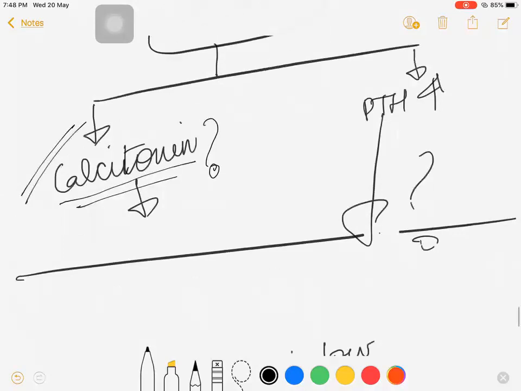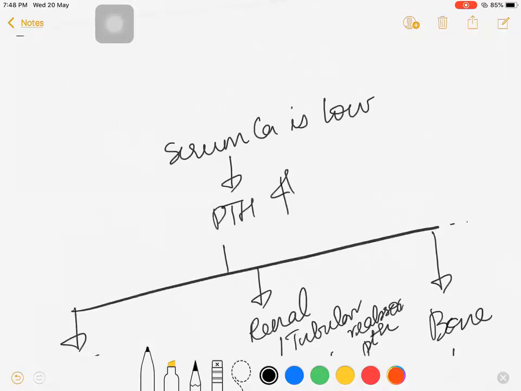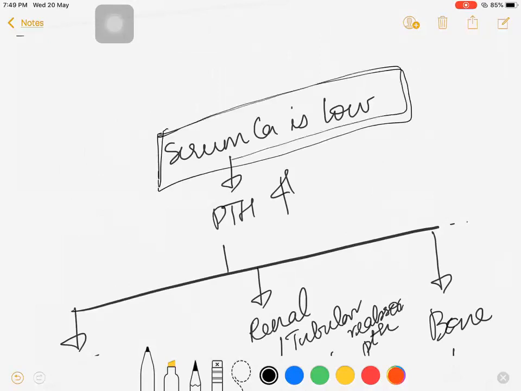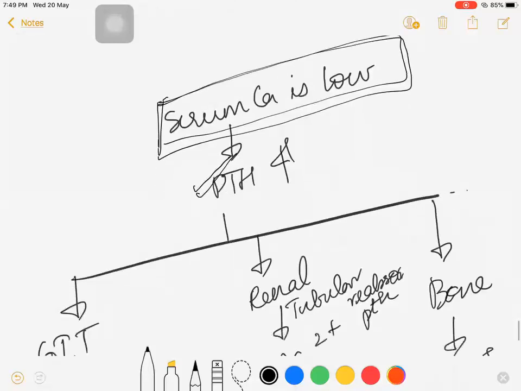Then you have parathormone and its functioning. What is happening in the body? The body is having less serum calcium; there is reduced serum calcium in the blood. The body has to do something, so it signals the parathyroid glands: it's your duty to maintain the serum calcium levels, please do something. So the parathyroid says, I can produce parathormone. Once I produce it, it will be parathormone's duty to increase the serum calcium levels.